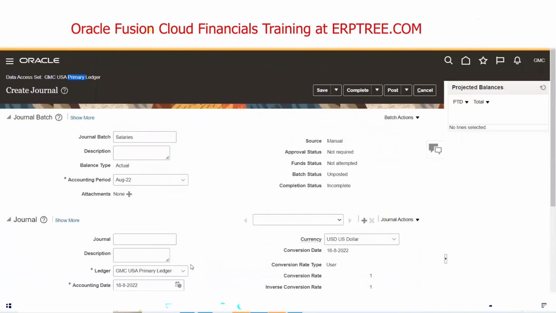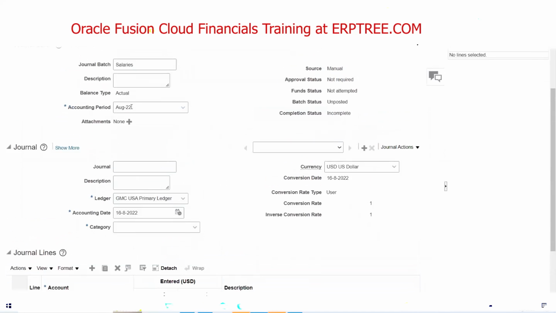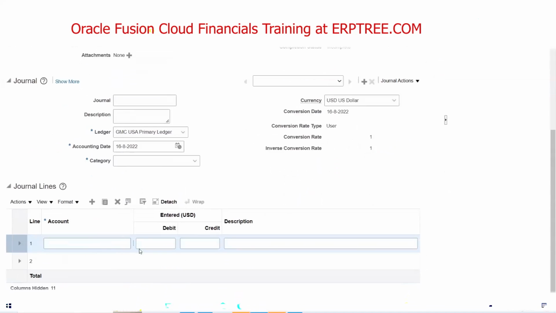And as per our primer ledger, whichever currency we have, USD, the system is selecting automatically. Within this primer ledger, the latest open period is what it is selecting. In this primer ledger, whatever currency is available, it is selecting. Within this primer ledger, we have the chart of accounts. The data you can fetch here. In the chart of accounts, all the segments we have, you can select from here